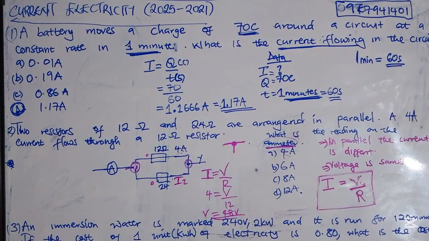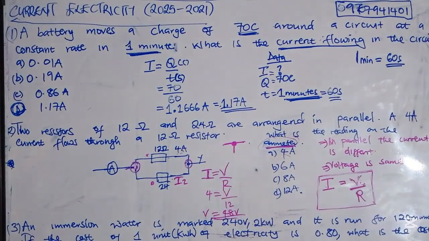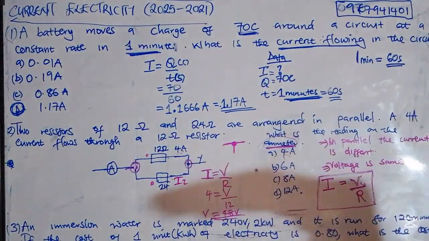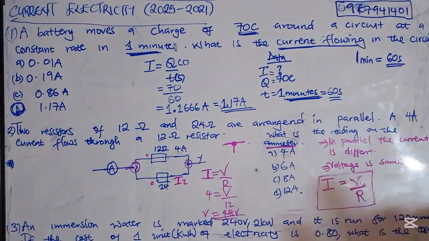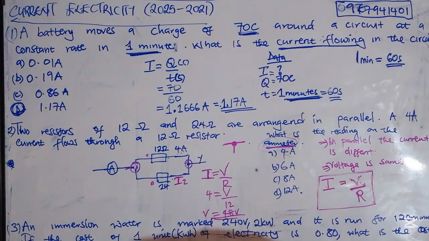So meaning the total voltage which is passing through this entire circuit is what? 48 volts. But mind you, there is no 48 on the answer. And we are not calculating the voltage. We are calculating the current. Yeah. So this is how multiple choice questions come. They look simple, but they are a bit challenging,